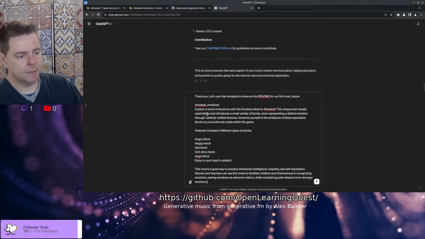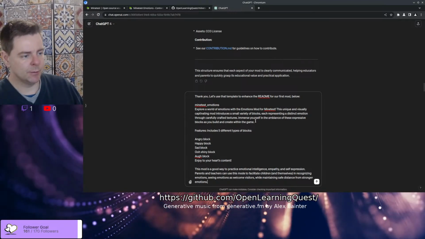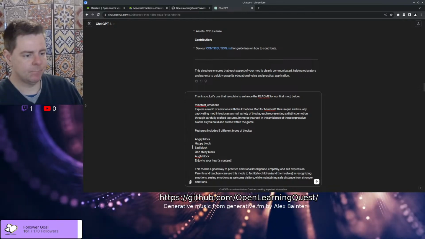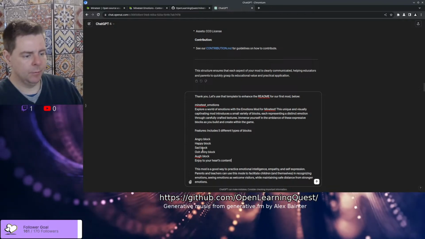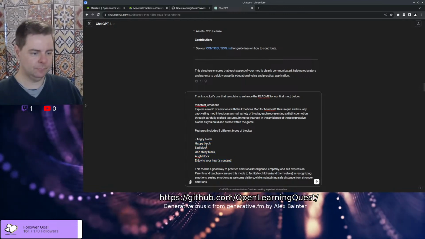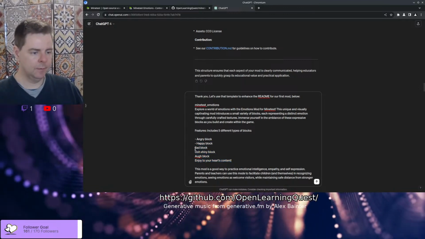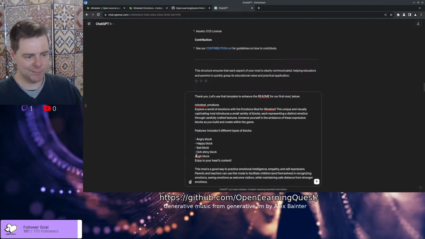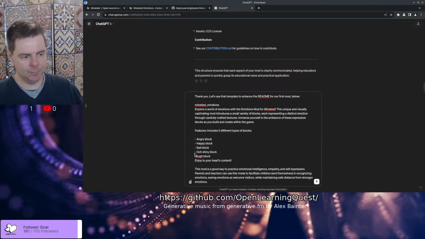So we have just the basic GPT generated kind of description here. We've created a few blocks here. And the educational goal is more around emotional intelligence, which in that STEM or STEAM